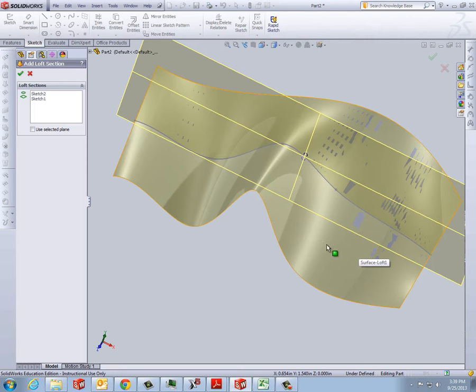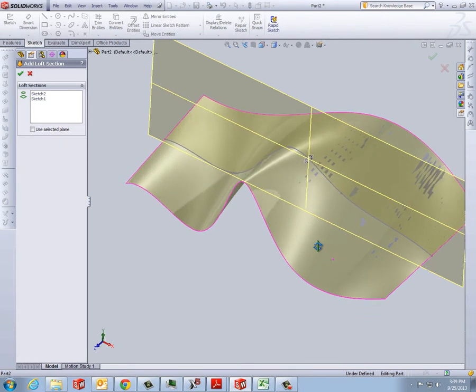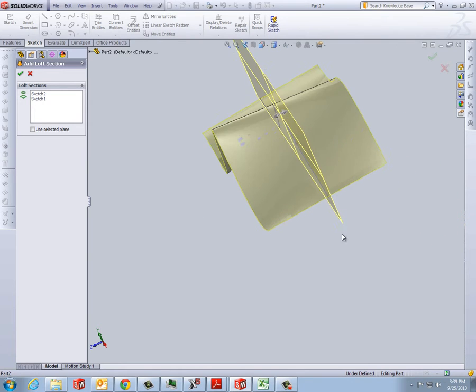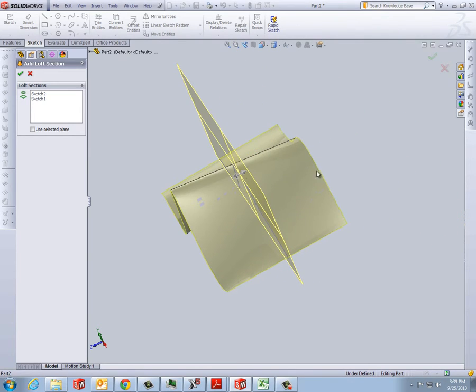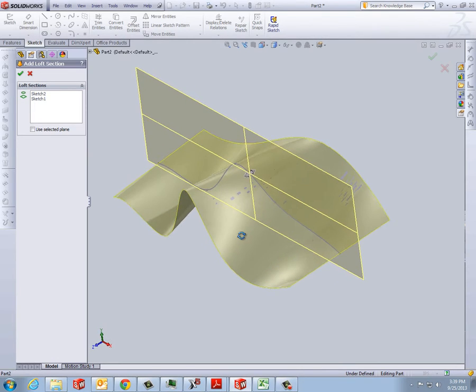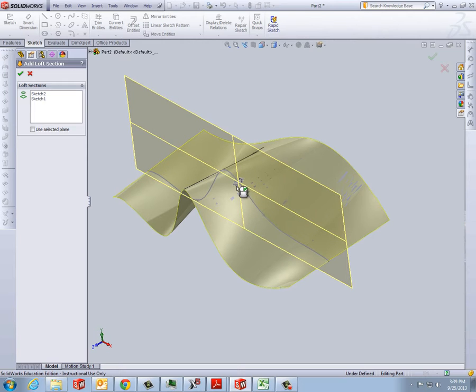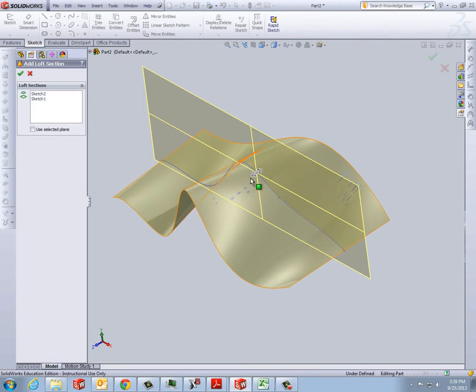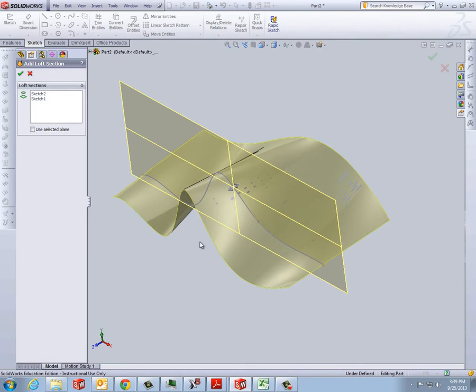And when you click on that, it puts a plane out here and actually splits this loft. It puts a plane on your loft and actually will split that loft. And you can tug on this plane and put it wherever you want it. It goes through your surface. And then if you agree to it,